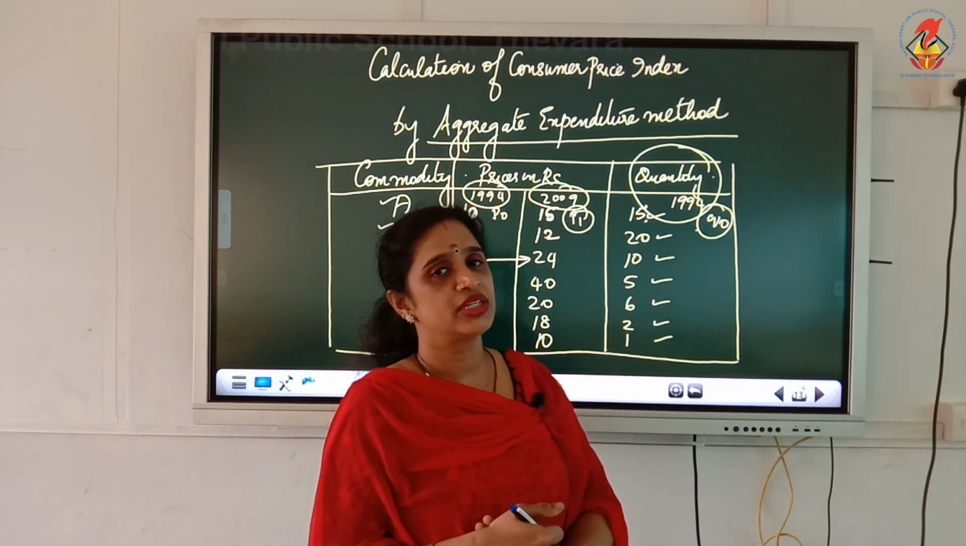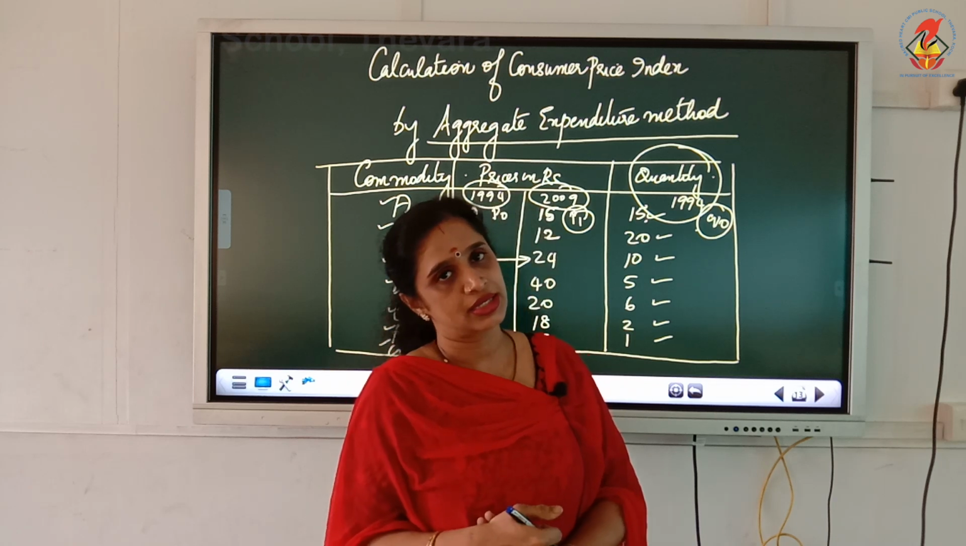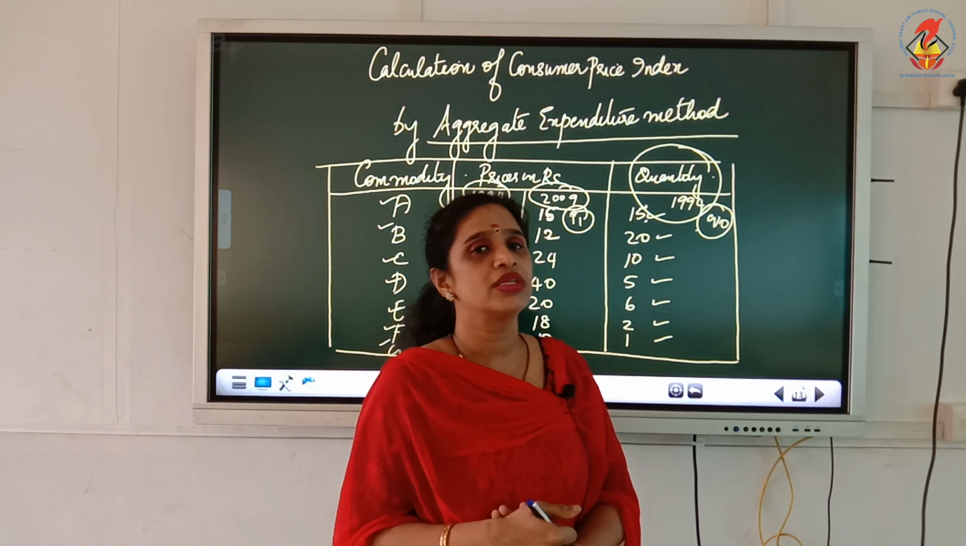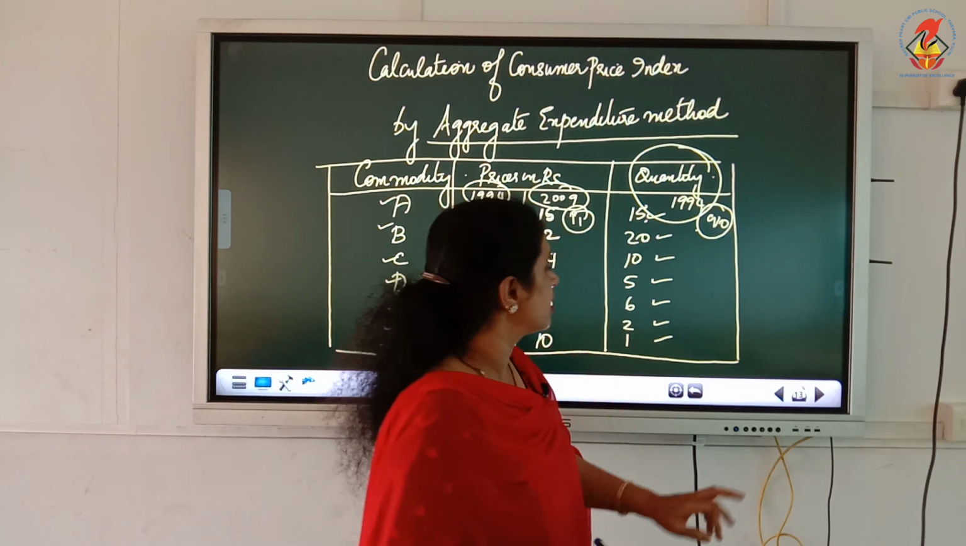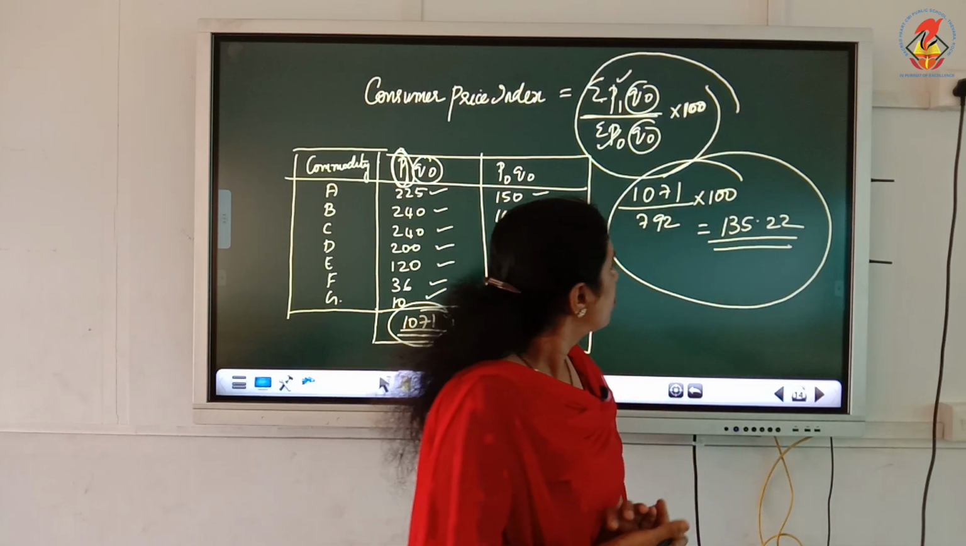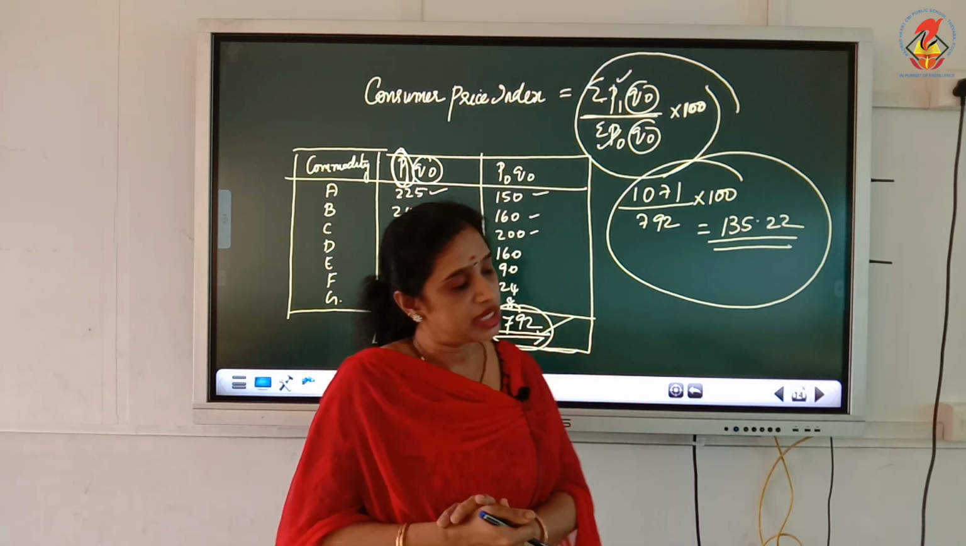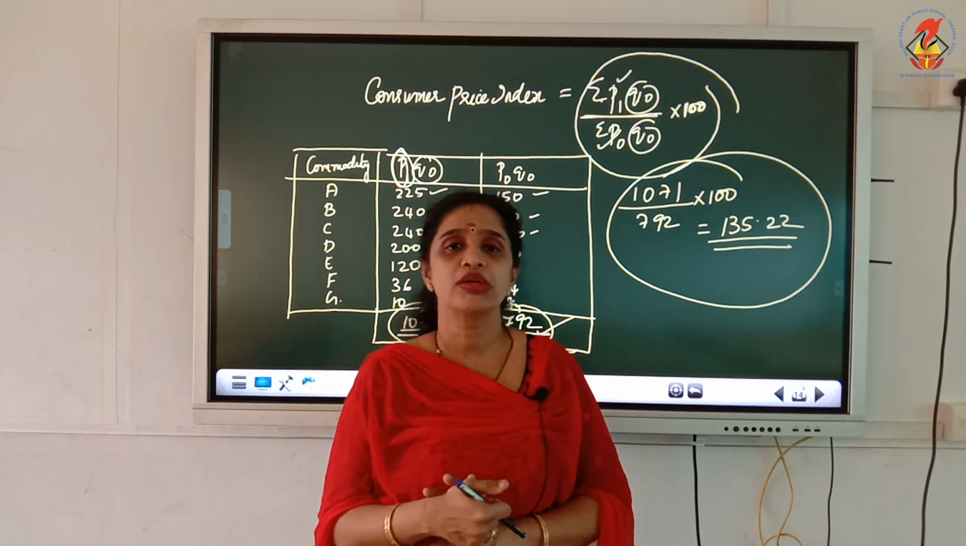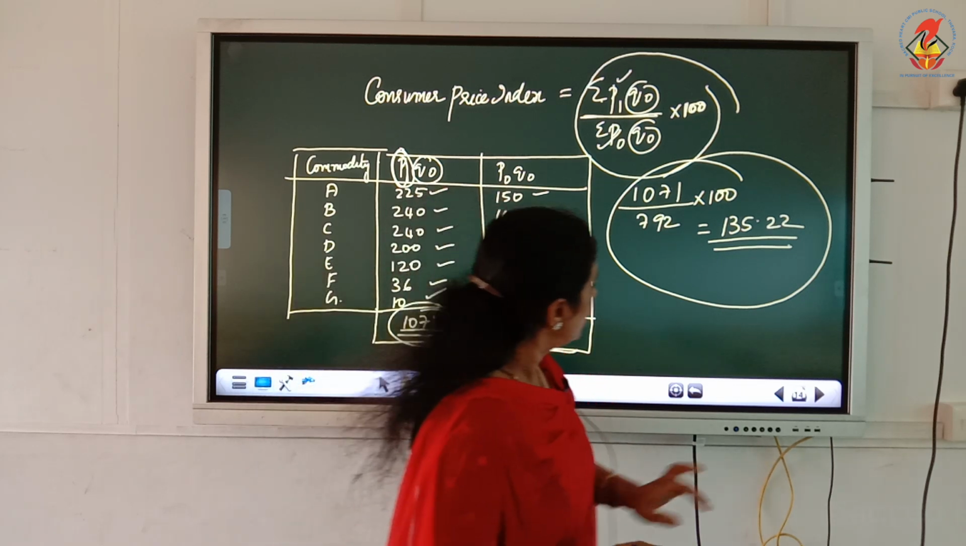This is how we find the consumer price index. The cost of living has increased. So there is a difference, increase in the cost of living and the prices by 35. The increase in the price by 35.2% from the base year to the current year. Okay, now the next